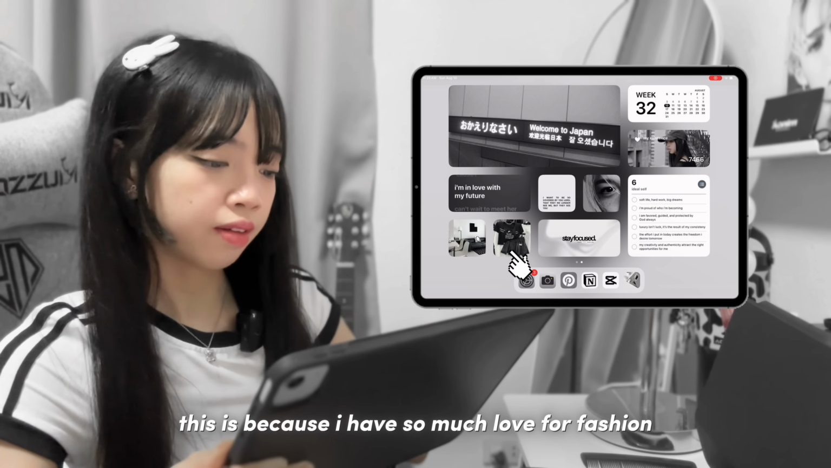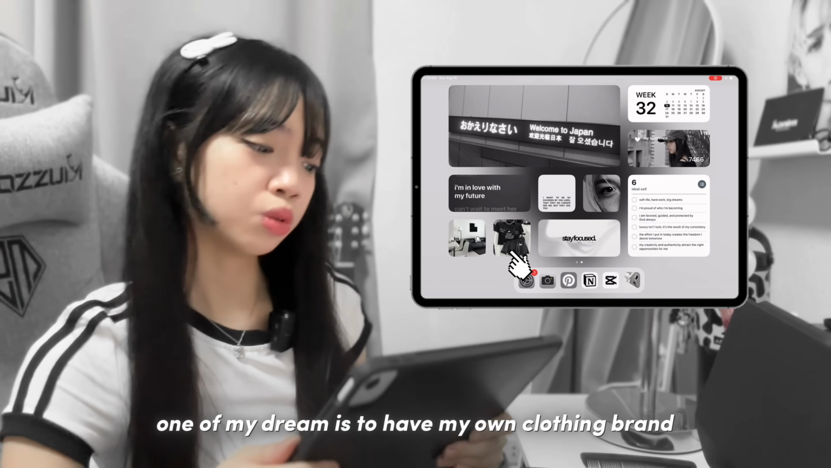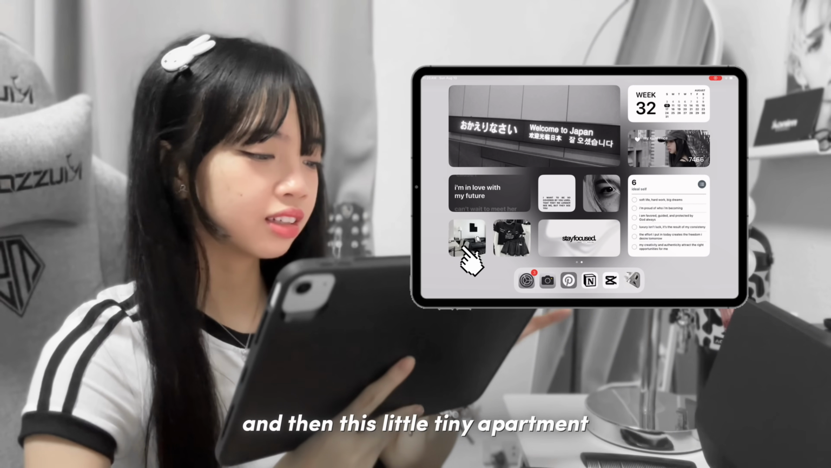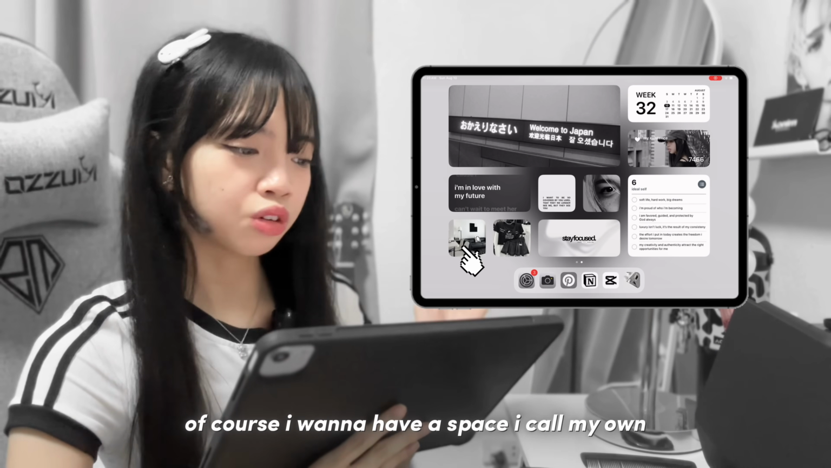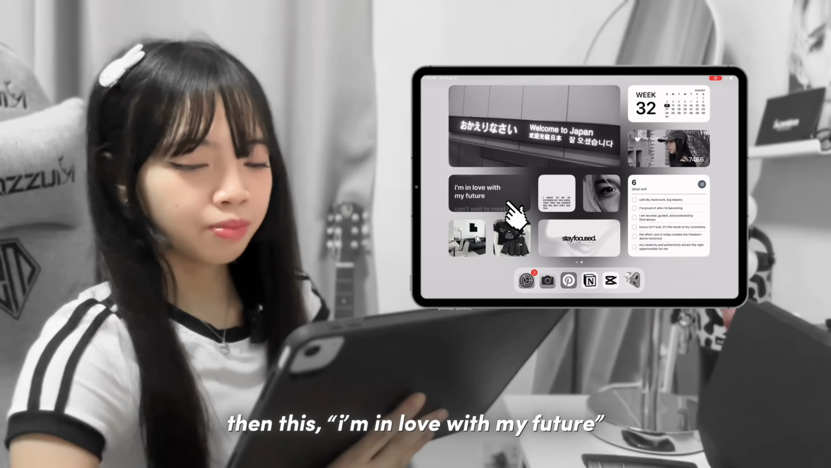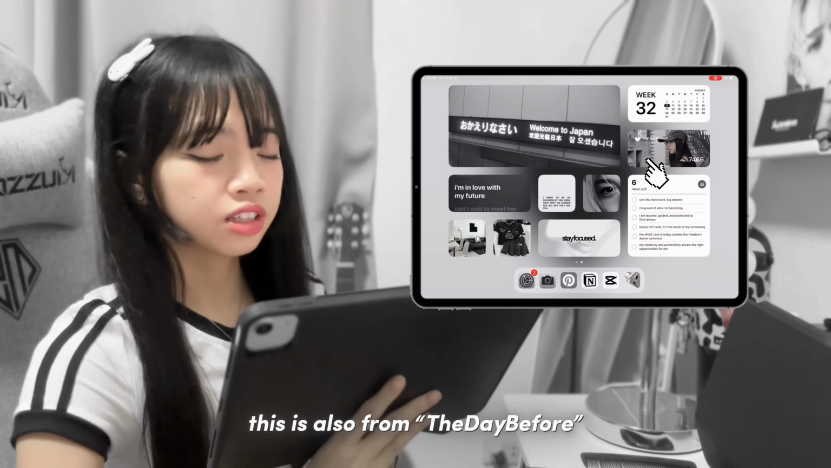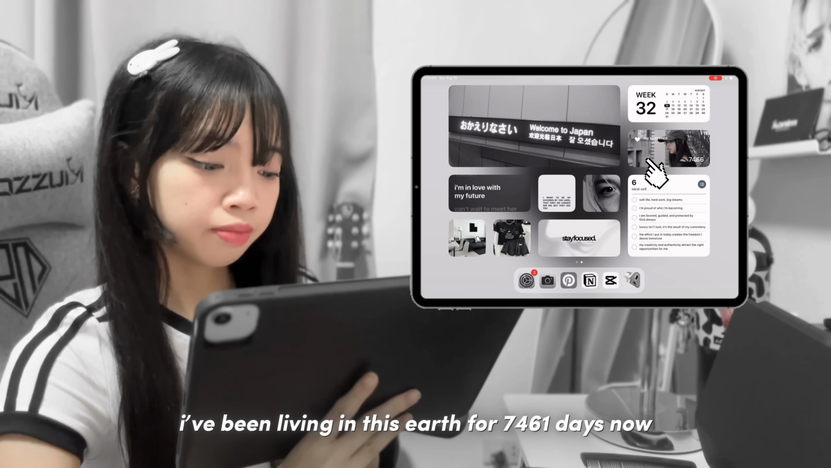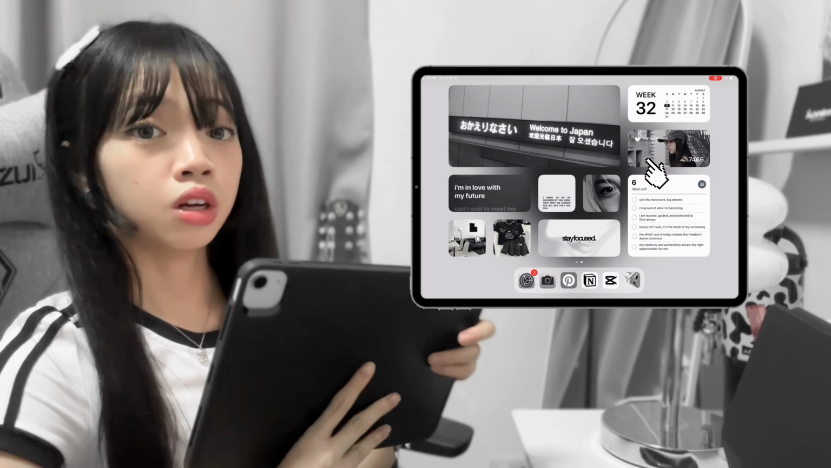This is because I have so much love for fashion. One of my dreams is to have my own clothing brand. And then this little tiny apartment because, of course, I want to have a space I can call my own. This, I'm in love with my future. That's a given. I have so much love for my future self. This is also from the day before. I've been living on this earth for 7,461 days now. So that's a lot of days,